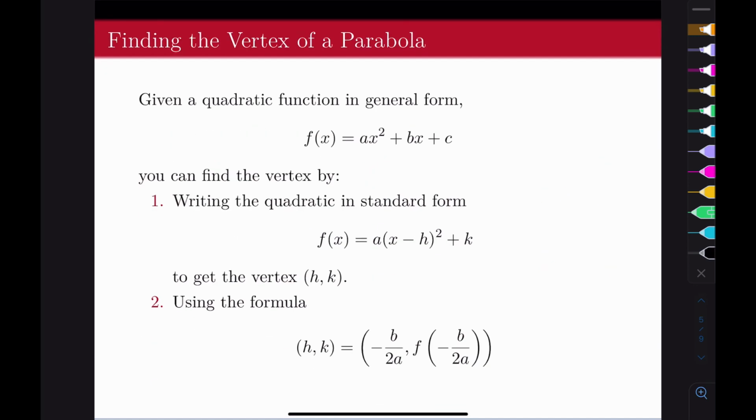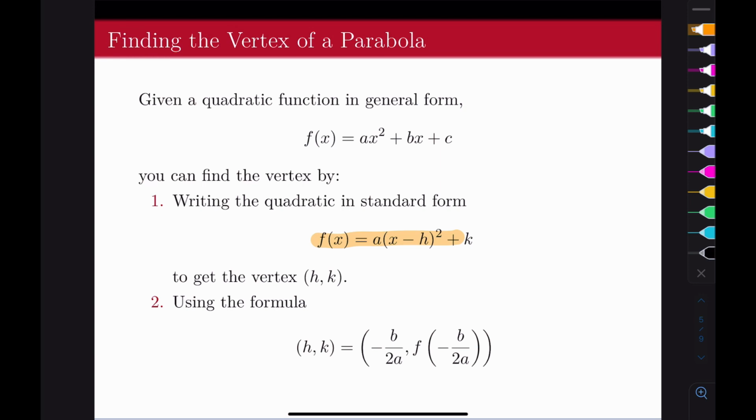Now, the second way to find the vertex is probably going to be the method that you gravitate towards. So when you're given a quadratic function in general form, we can do two things to find the vertex. We can go ahead and complete the square and put it in standard form to get the vertex (h, k). Or instead, there's really a formula. So our next section is about the quadratic equation. If you remember that, it's negative b plus or minus the square root of b squared minus 4ac all over